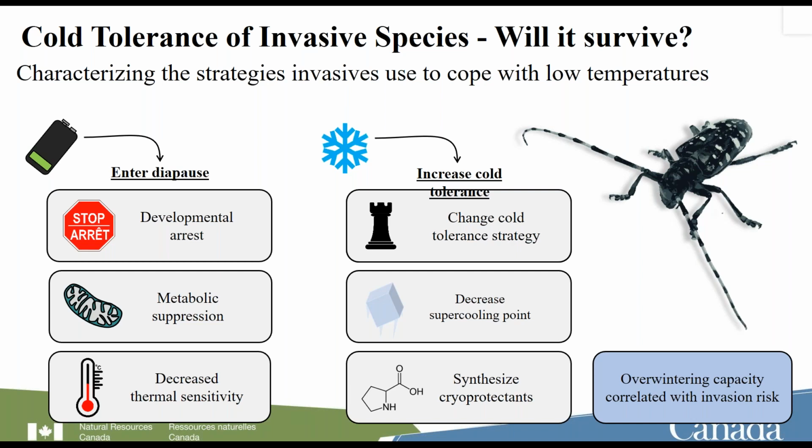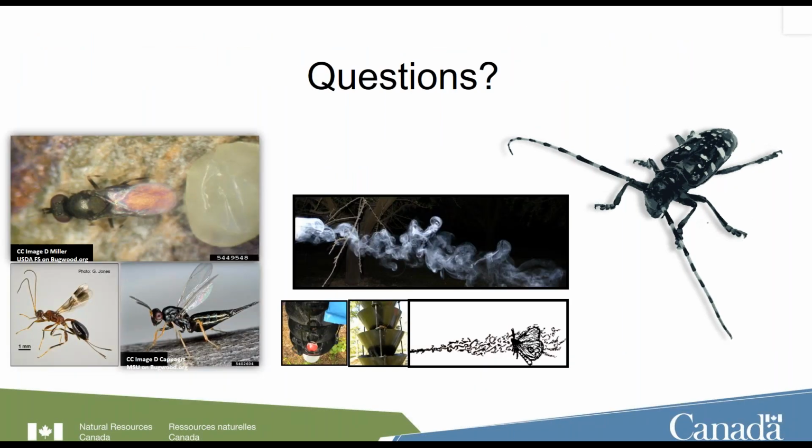So that all goes back to predicting the invasion risk for invasive insects coming into Canada, so we can start to have an idea of what insects might be a problem and how much of a problem they might be. So that's a very quick overview of the kind of work that we do at the Great Lakes Forestry Center,